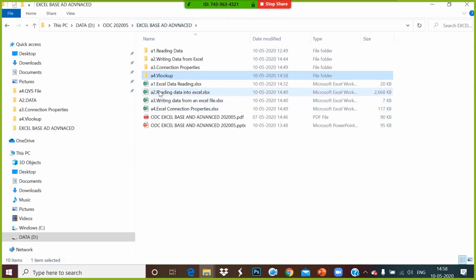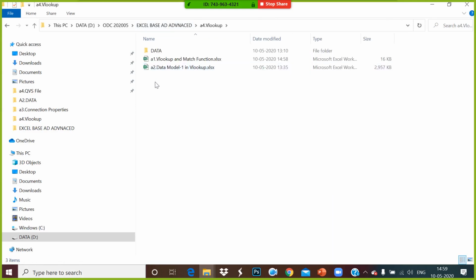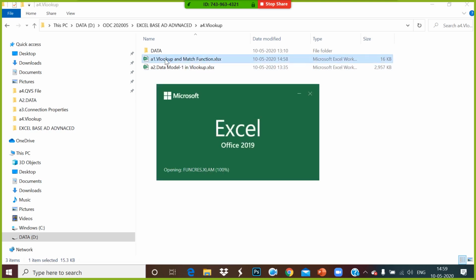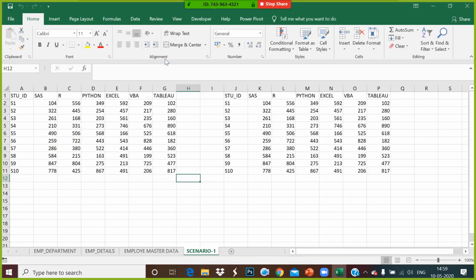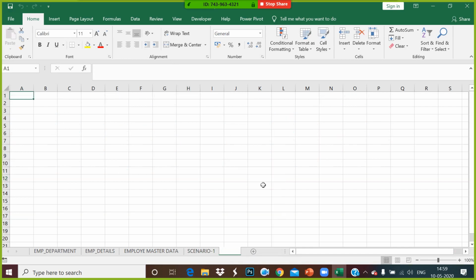What we'll do here, we'll talk about VLOOKUP. Another example is VLOOKUP with your external file options. What does it mean? Imagine scenario 2.